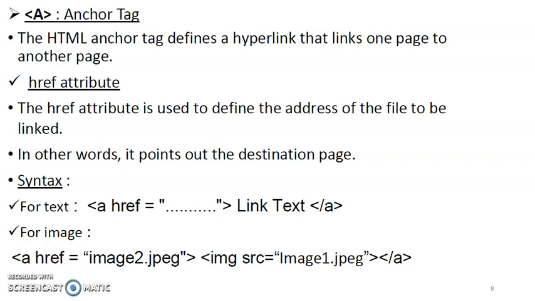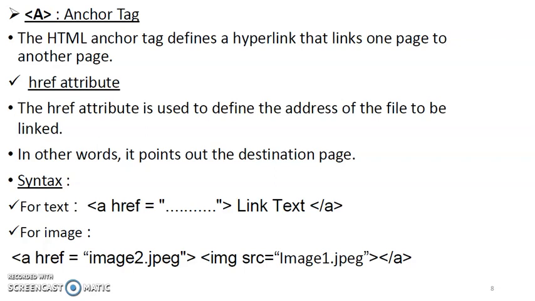See, the a tag is used to create the hyperlink, that is your anchor tag. And the href attribute is used with the anchor tag. So what is the meaning of href? It defines the address of the file to be linked. Okay, this is the difference between anchor tag and href attribute. So you can see the syntax of a tag.